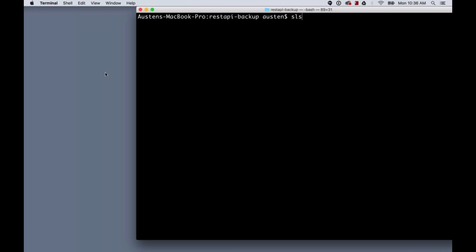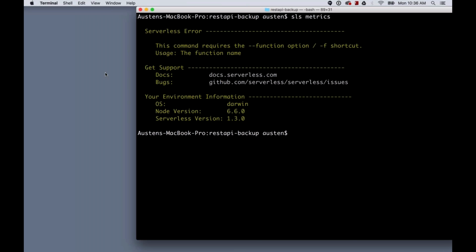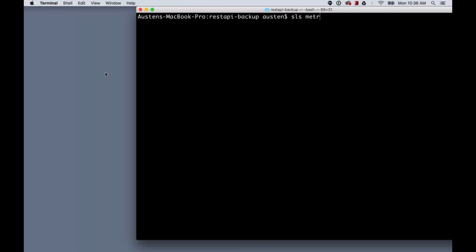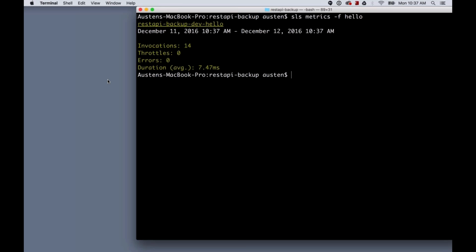Additionally, we have a helpful command here called serverless metrics, which you can run to see some basic information about your functions right here in the command line. We like to make it really easy for people to work with their serverless architecture without ever having to go into the AWS dashboard. So we want you to do everything here in the console because that's kind of the way we think it should be. So serverless metrics returns some basic information about your functions. You can see that this function has been invoked 14 different times. There haven't been any throttles, there haven't been any errors, and I can see the average duration of my function right here.